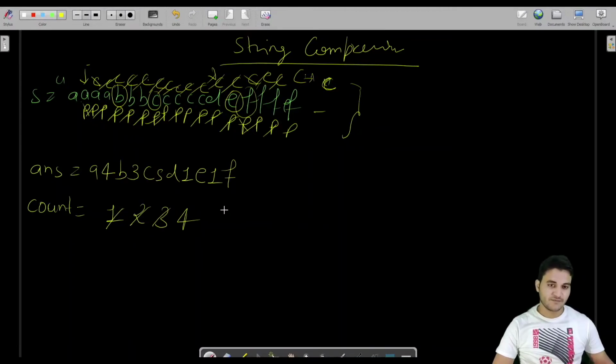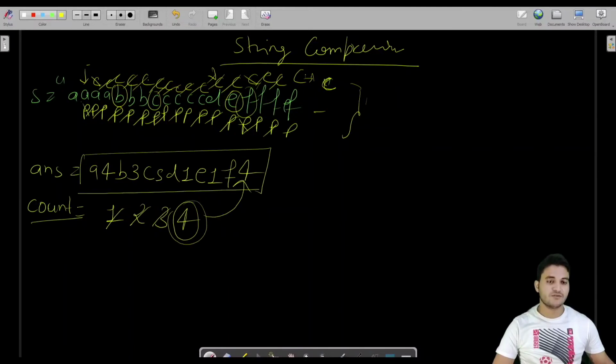But if you can see here, we still have 4 here. I mean the greater value, with 1 or 0, in the count. So if we have anything in the count after we are done with the loop or the string, each character, we'll simply append this counter to F at the end, which is F4. So this is the output for this particular program. I hope the logic is clear to you.